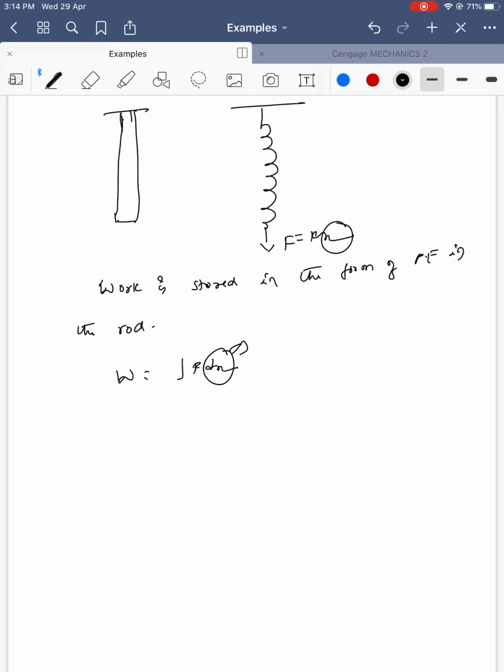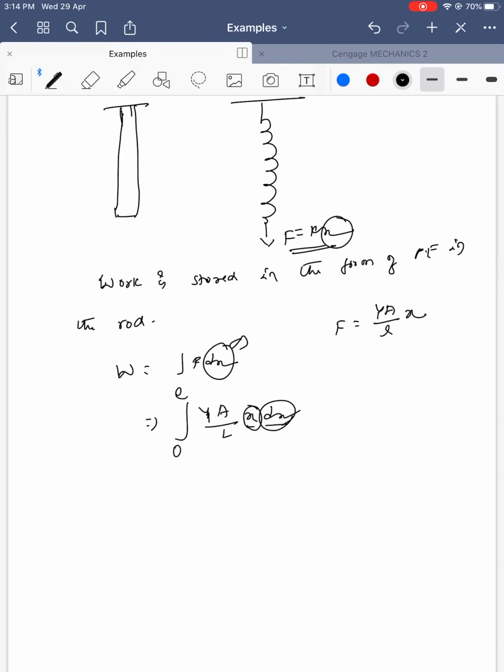What is dx? dx is a small elongation. Now our consideration is how much work is to be done to elongate a small amount. What is the force? F is equal to K into x, which is YA by L into the small distance x. So the integral is YA by L x into dx. The limits vary from initial elongation 0 to finally elongated to distance x. This x represents elongation, dx represents small elongation.